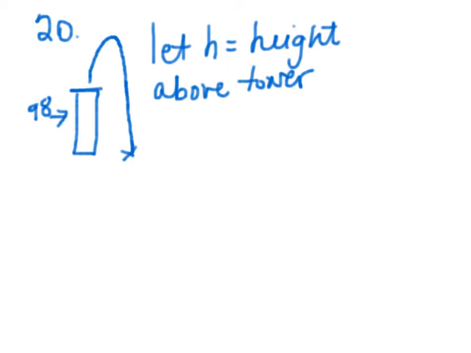If we count h as the height of the ball above the tower, that means right here, height is 0. When it falls the 98 feet below, you're subtracting 98 from 0, so that's why h is negative 98. So the way we're going to set this one up, and we're looking for this time right here, negative 98